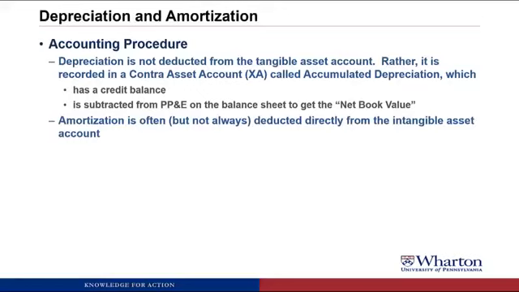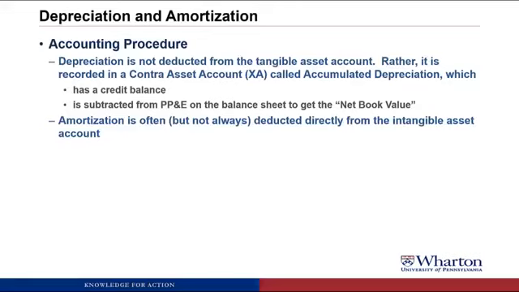Amortization is often deducted directly from the intangible account. So if you were amortizing a trademark, you would deduct it directly from the trademark account. However, nowadays there are companies that have fairly large intangible assets, and they've started to use accumulated amortization accounts as well. That's just another type of contra asset where the accounting works just like accumulated depreciation. But I think the most common treatment you see is that the amortization just comes directly out of the intangible